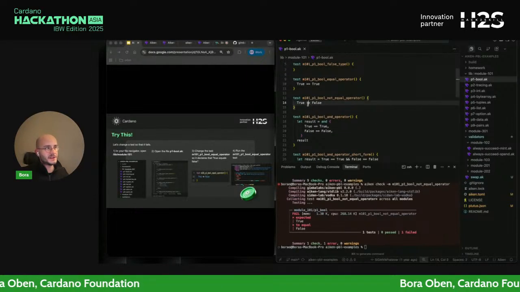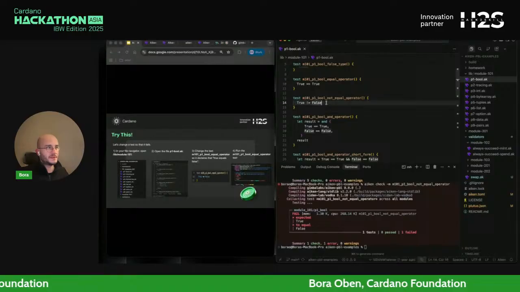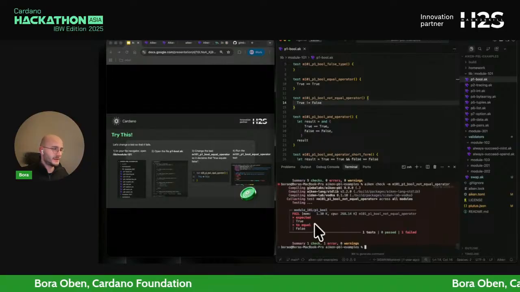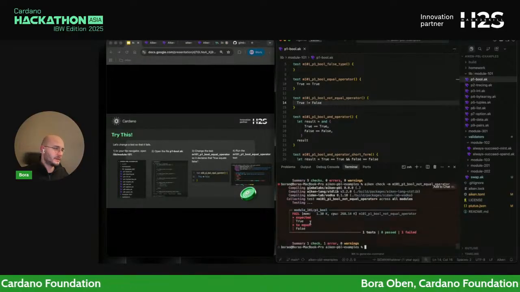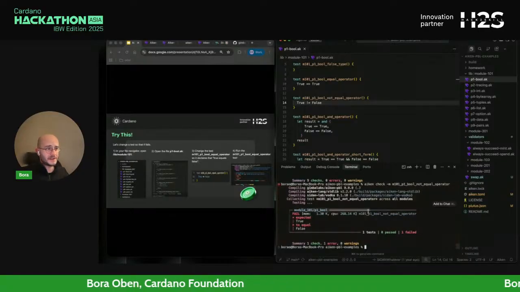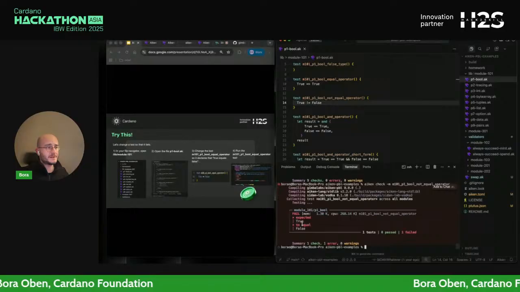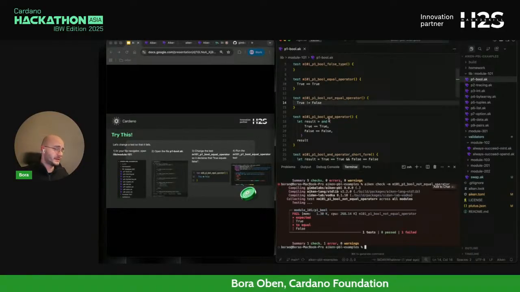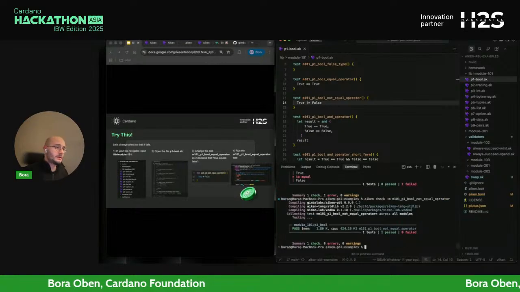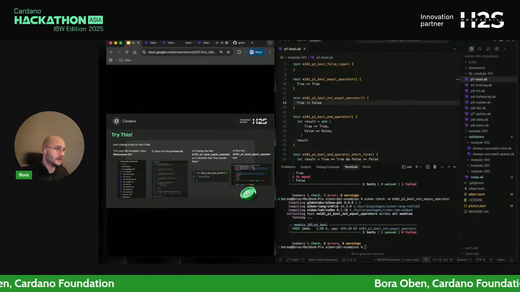Because I changed and made a wrong statement here, this won't return true, and this will mean my test will fail here, as you can see. And the error message is quite good. It's saying this test is equaling false, but the expectation was for it to be true. And then you can think of, okay, what do I need to change for this to work? But now this is again working, of course.